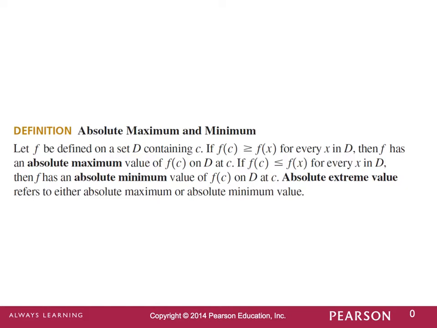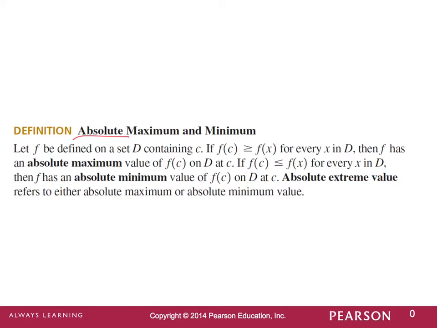And we can say the same thing, that if f of c is less than or equal to f of x for every x in D, then f has an absolute minimum value of f of c on D at c. Absolute extreme values refer to either the absolute maximum or the absolute minimum. So when we talk about the adjective absolute, we mean that is the highest high and the lowest low. Nowhere else on the function does it get any higher than that maximum,